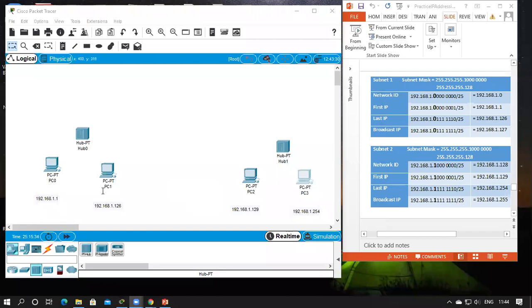Okay, now all the IP addresses and the subnet masks are added. Now we'll just link all these PCs to the hub and a router.